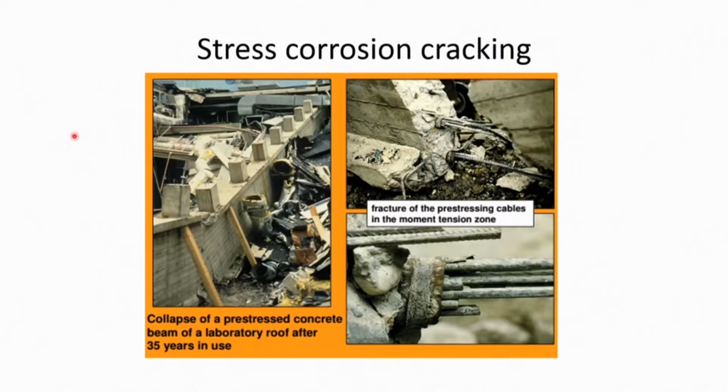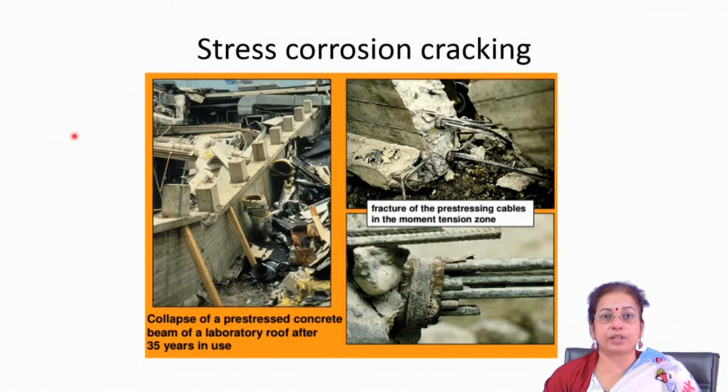If you talk about stress corrosion cracking, you will find that this particular kind of corrosion is not experienced by all materials in all environments, as you see in general corrosion or pitting corrosion or crevice corrosion. So, this is very much dependent on the environment. Similarly, hydrogen embrittlement also is very much dependent on the environment. So, you will find that this can be a major cause of failure of different components